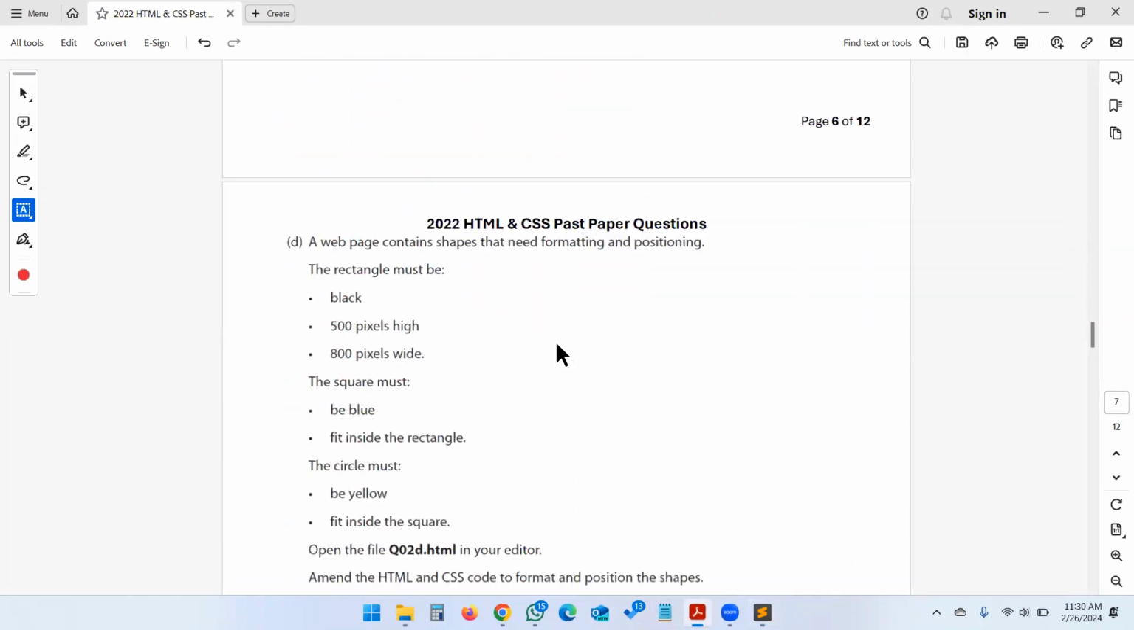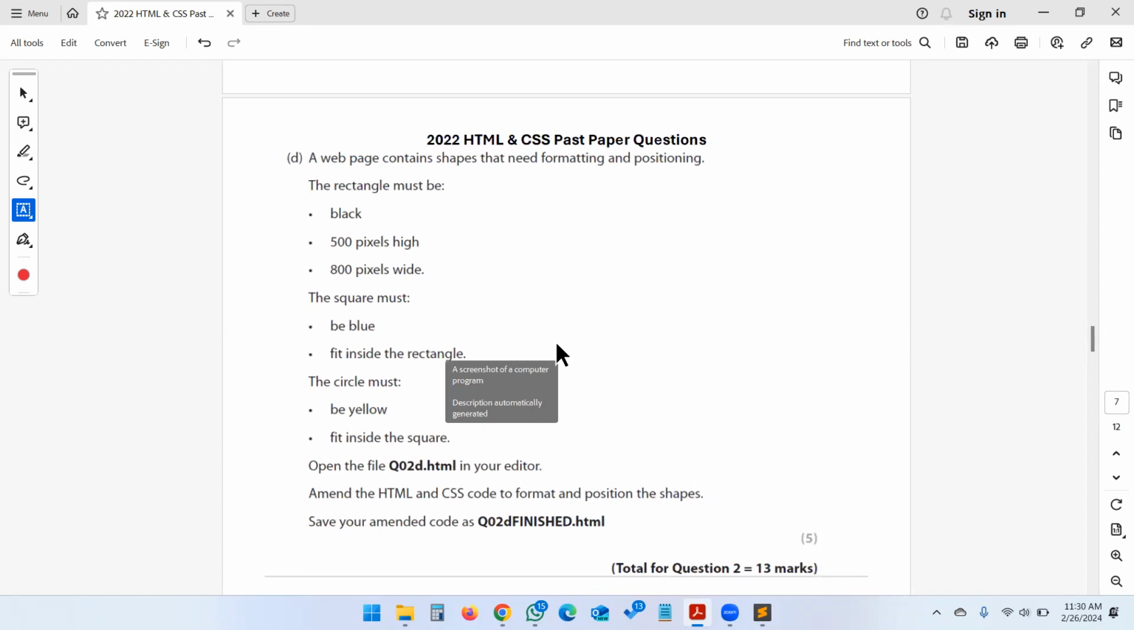Which is over here. A web page contains shapes that need formatting and positioning. The rectangle must be black, 500 pixels high, 800 pixels wide. The square must be so much. The circle must be so much. Open